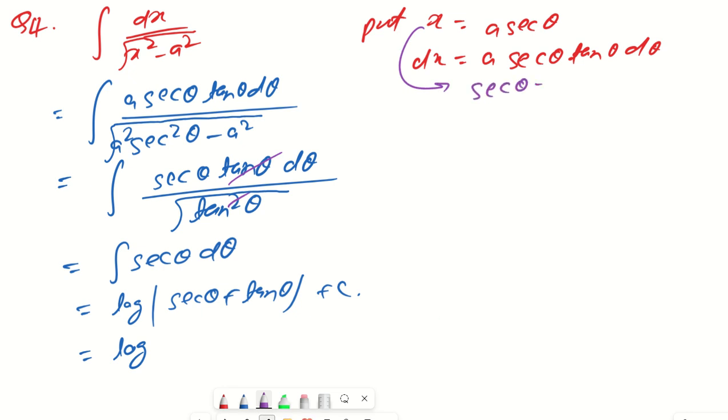My sec theta will become x by a, and we need tan theta also. So from here tan theta will be what? That we will try to understand. So we know already that